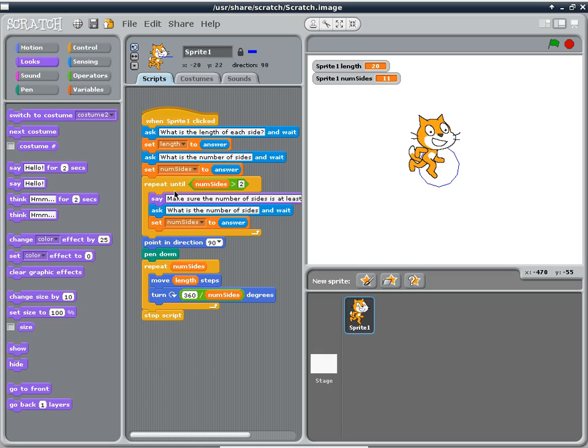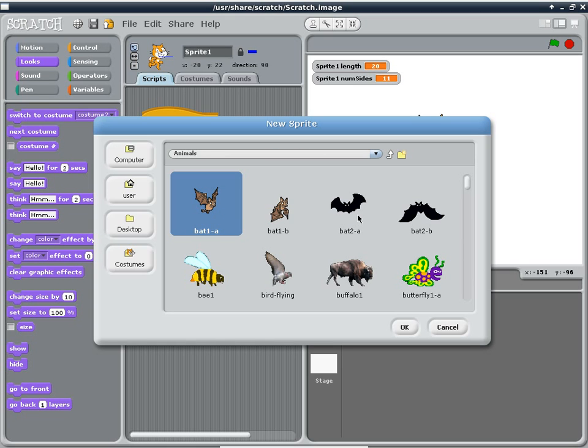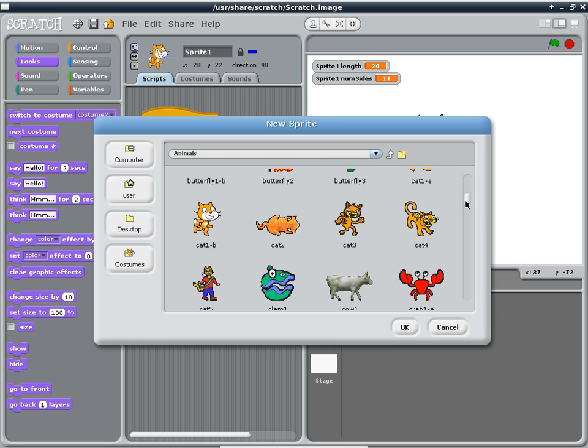Now somebody asked me about the animation effect, so we'll go ahead and do the animation effect. And this is also a good time to illustrate how you can use multiple sprites. Okay, so I'm going to start with a new sprite here. Paint a new sprite. You can also choose a new sprite from file. In other words, it has a lot of sprites already built into the program. When you install it, it's installed with all these different sprites. Within the program, it has bats, great for Halloween. It's got a cat like this, cat 3, cat 4,